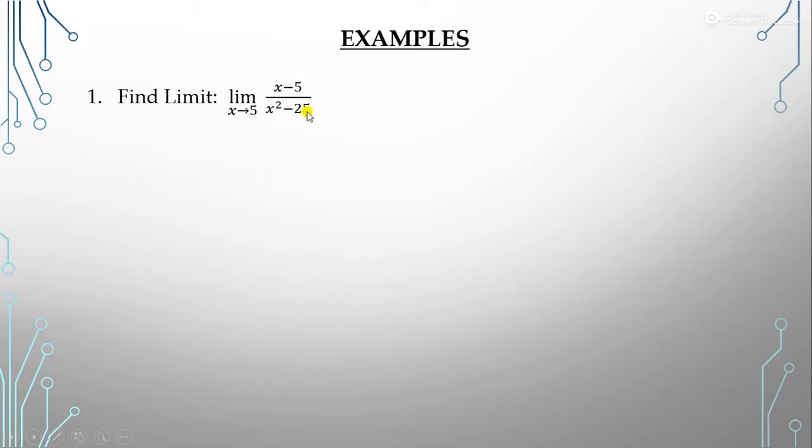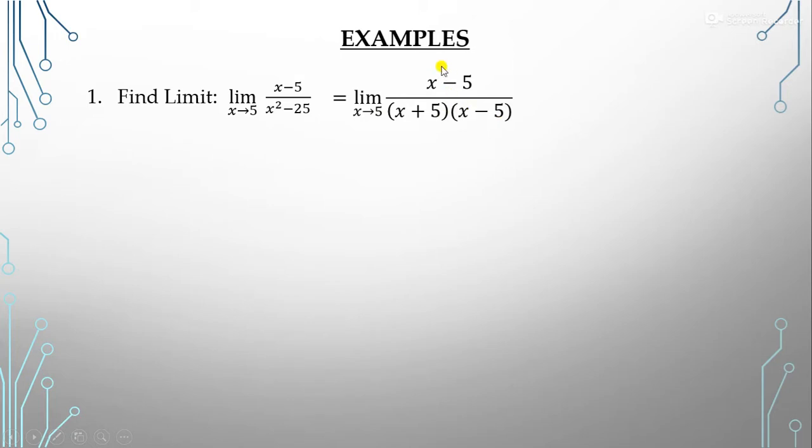So you get the form of 0 by 0, that is an indeterminate form. So here what you do, you can factorize the denominator. This is x square minus 25, and we can write this as 5 square. I think you already know the formula of a square minus b square, that is (a minus b)(a plus b). So now like that you can factorize it, and it becomes (x plus 5)(x minus 5).